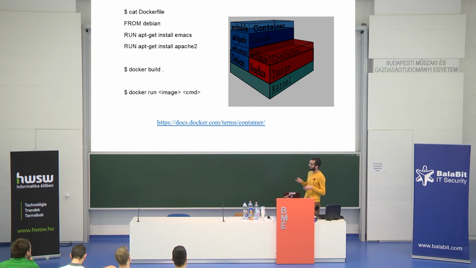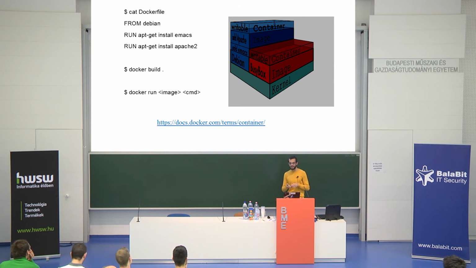The second line, RUN apt-get install emacs, is how you install Emacs in Debian and Ubuntu and other similar distros. What this does is that when you run docker build, Docker takes the context, which is basically Debian, the lowest box in this image. In that context, it runs apt-get install emacs. That creates a layer on top of the Debian base image and installs Emacs into that layer and leaves the Debian base image alone, untouched.